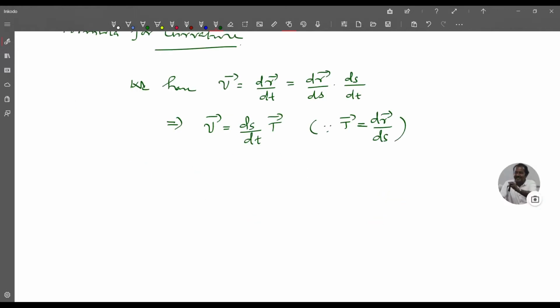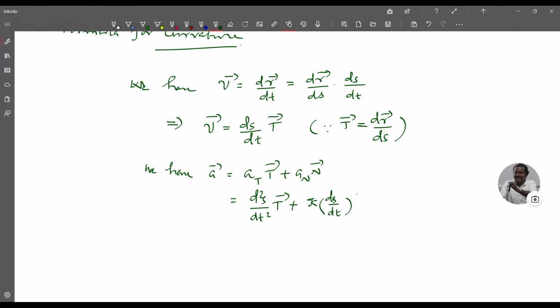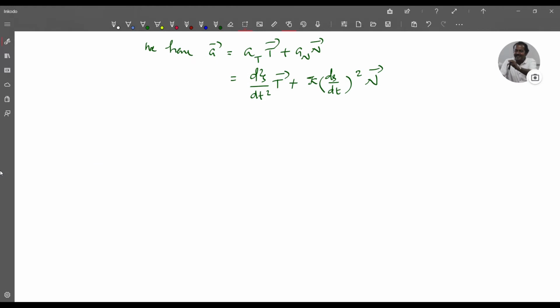We have acceleration A is equal to a_T into T plus a_N into N, where a_T is d square s by dt square into T plus kappa into (ds by dt) the whole square into N. Therefore,